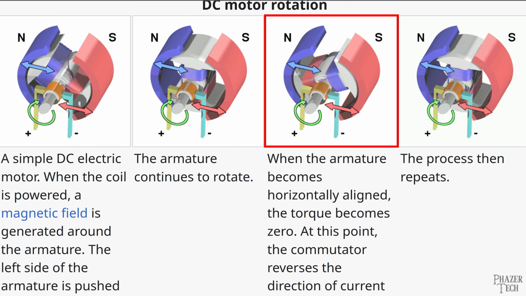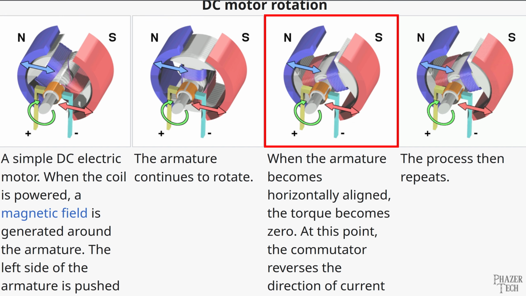However, we can also see that the two leads of the commutator are also turning, and the brushes that they make contact with will become reversed once it gets past this point. When this happens, the polarity of the coils will also become reversed. Now the diagram doesn't really show it for some reason, but just imagine the color of these two coils becomes reversed. And as a result, we now have a blue coil next to the blue magnet and a red coil